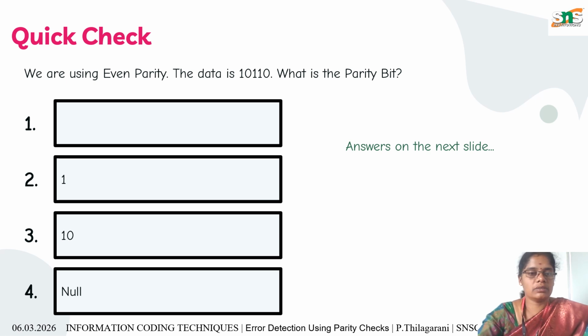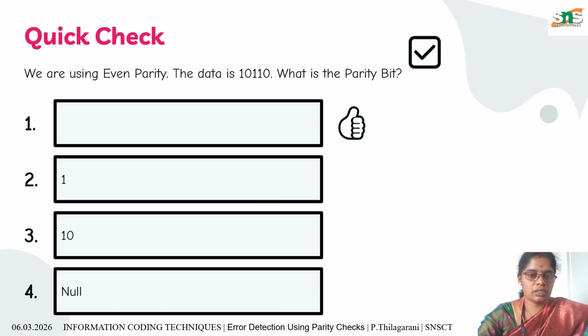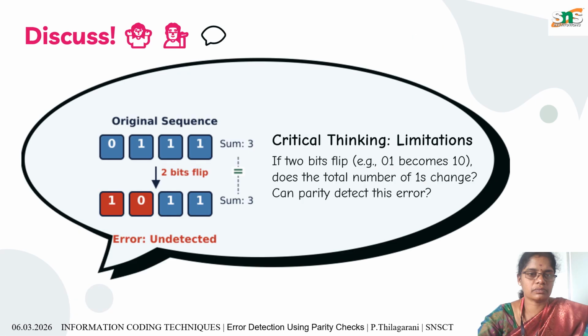In a quick check, we are using even parity and the data is 1011. What is the parity bit? The answer is 1. In the discussion of critical thinking limitations: if two bits are flipped, for example 01 becomes 10, does